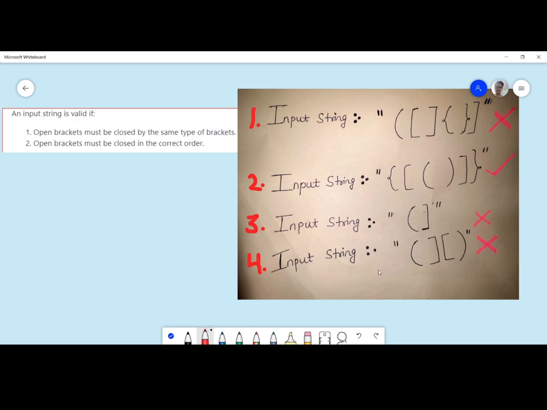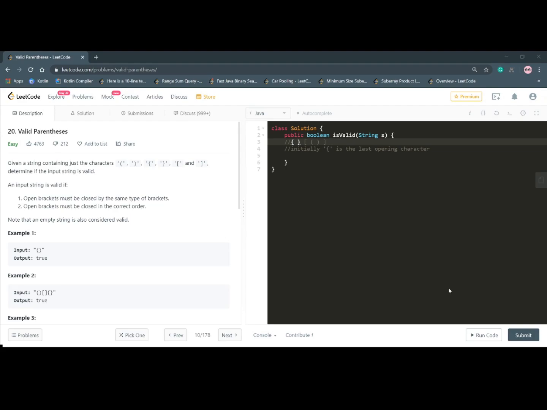Now let's think of another approach. By our previous approach, we came to the conclusion that maintaining the count of brackets is not enough. The order of the brackets matters. So we should also check the order of the brackets in order to check the validity of the string. So the idea is for the last opening character, we must see its corresponding first closing character. That is, if the last opening character is a curly brace, then we must see its corresponding closing curly brace as